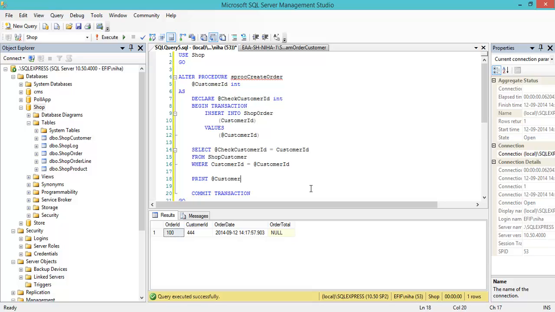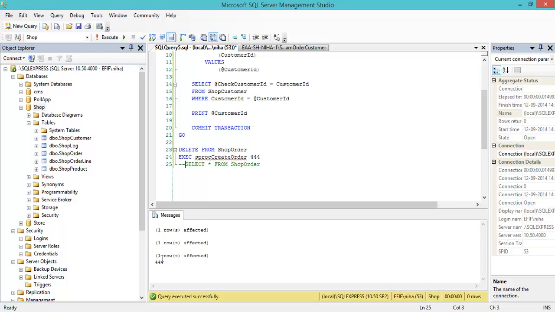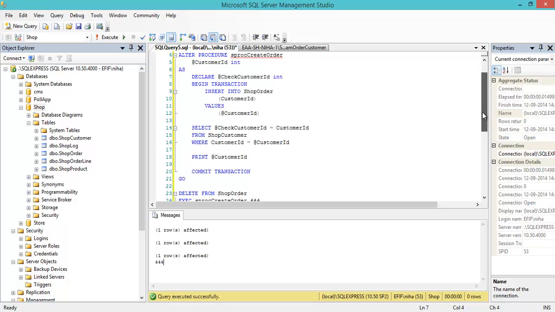Customer ID. And let's have a look. And here I will just omit this, so it's possible for me to see my prints. So I can see here I get 444. That means I actually, here again, need to check customer ID, not the customer ID. I know who's a customer because I specified it down here, but this one